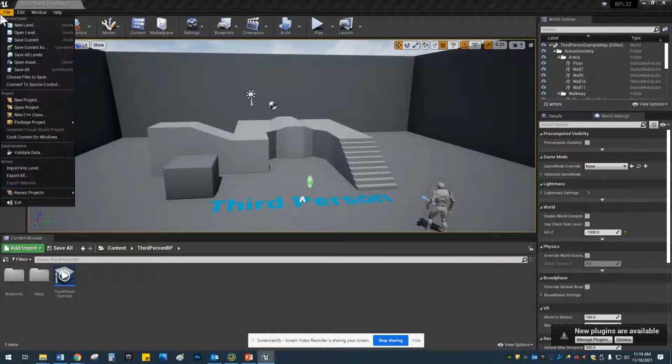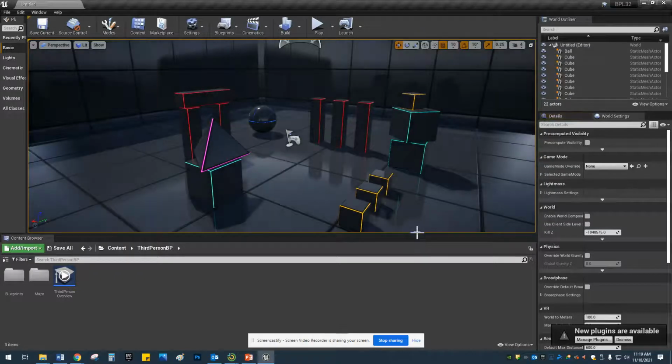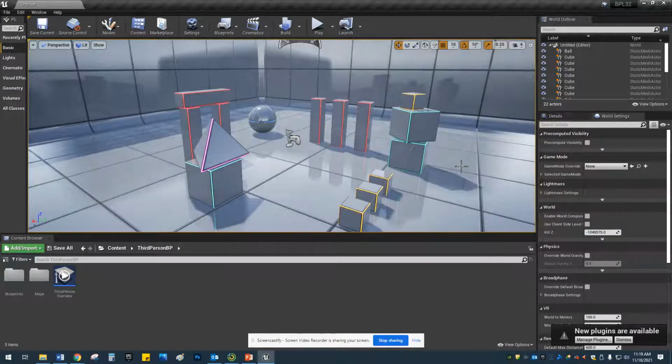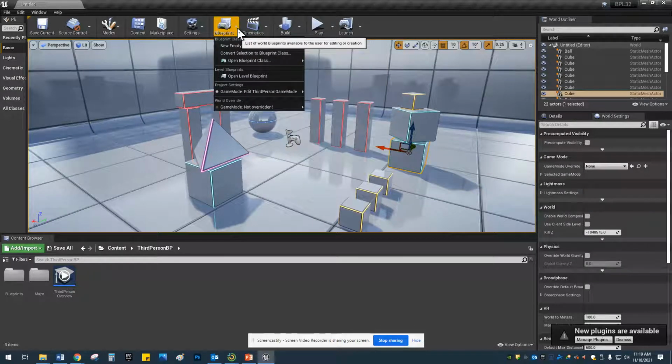First thing I'm going to do is say File, New Level, and do a VR Basic. The reason I'm doing VR Basic is it gives me a pretty world to work in, and I can grab something like this. This is just an actor, any actor. In fact, I could grab a couple of them if I wanted to, but what I want you to do is click on this and go to Blueprints, and from Blueprints, I want you to do Convert Selection to Blueprint